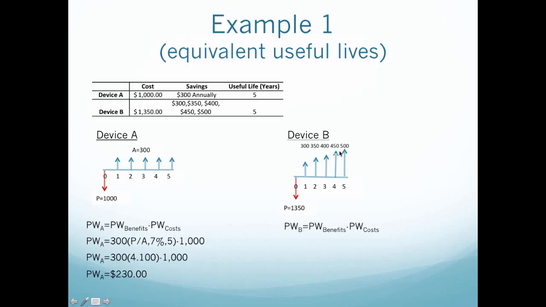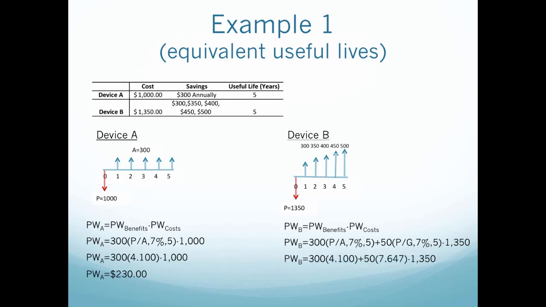Okay, so I write down my present worth for device B, and this time it's a little bigger, and that's because I then have a gradient to include. So I have my uniform series value, which is 300, so I convert my A value to a P value, and then I add to that my gradient, which is $50 per year, 7% for 5 years, and I subtract off my costs. Okay, so I look up those factors in the back of the book, and I get a